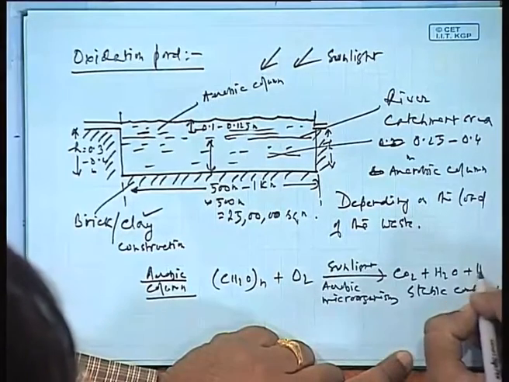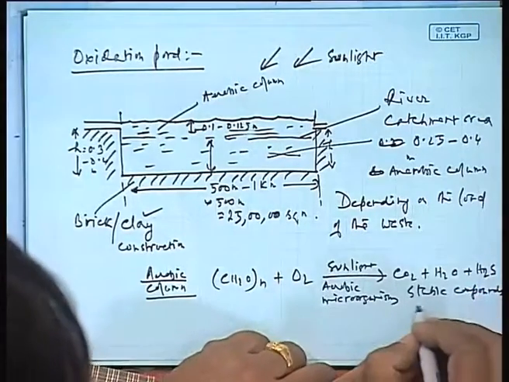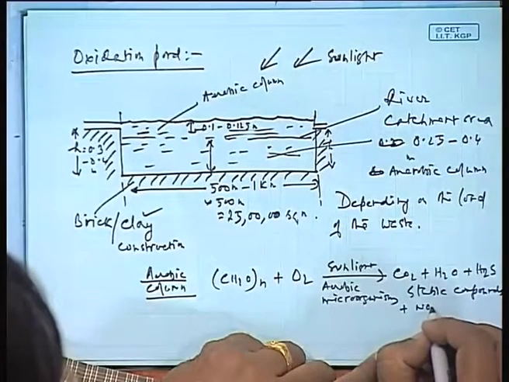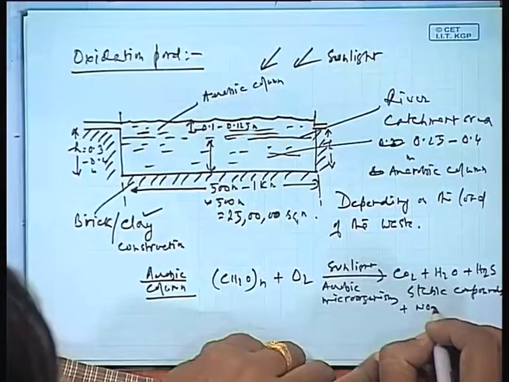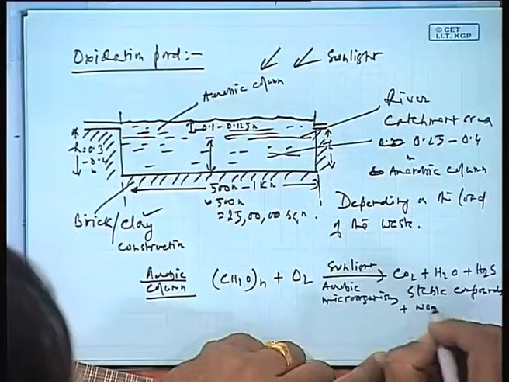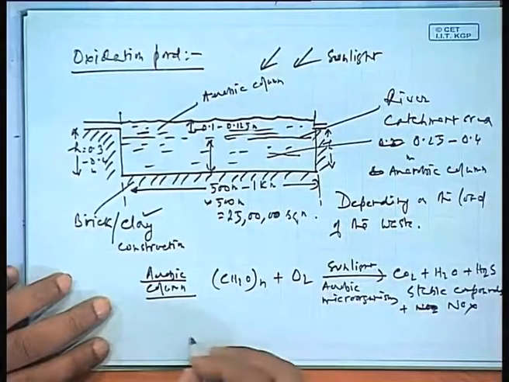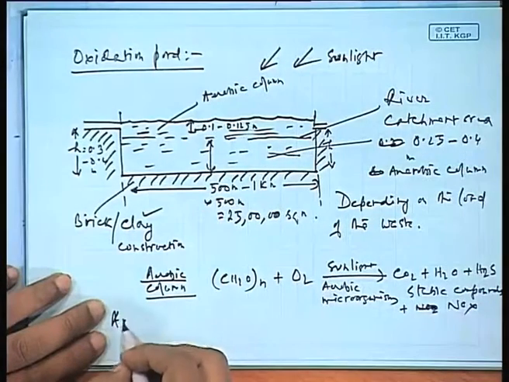You will also find some H2S here. You will also find some nitrogen, in the form of NO2 or NOx. On the other hand, in this anaerobic column, if you see